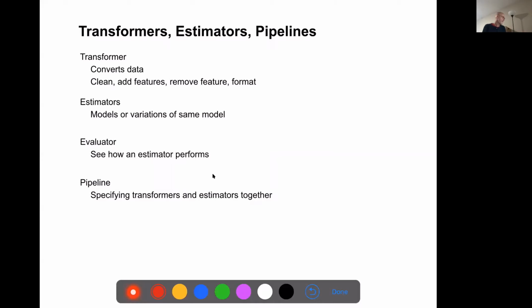And so Spark allows us to create pipelines. We can combine them into a pipeline of, okay, we're going to take the data, transform it in these various ways, and then apply the various models and look at how the models perform. Then we can apply that pipeline to different input values without having to specify the whole thing over and over again.